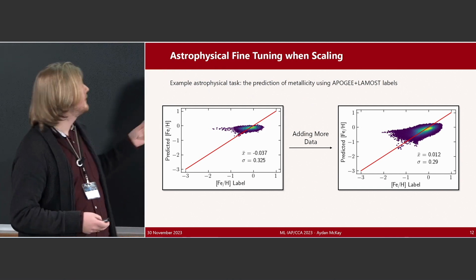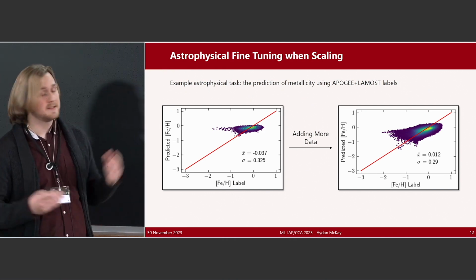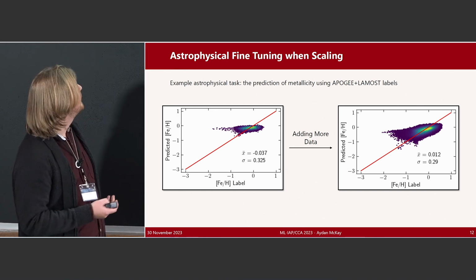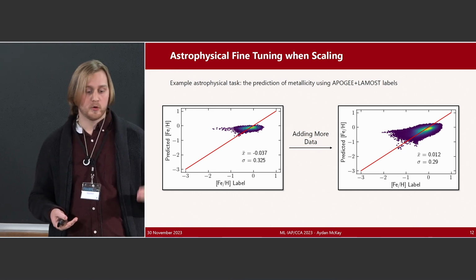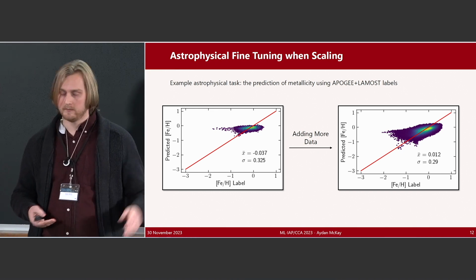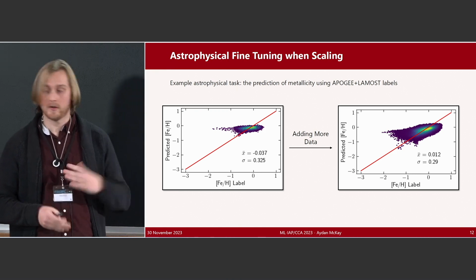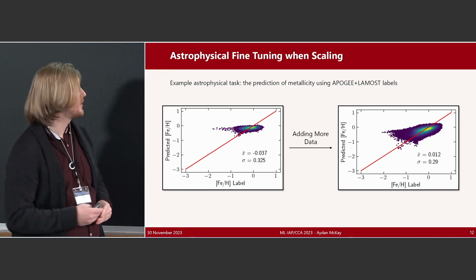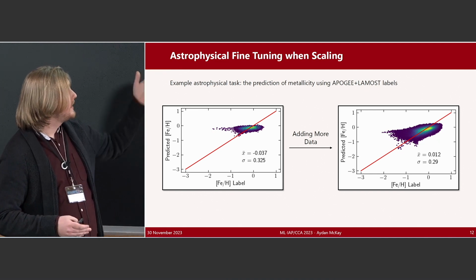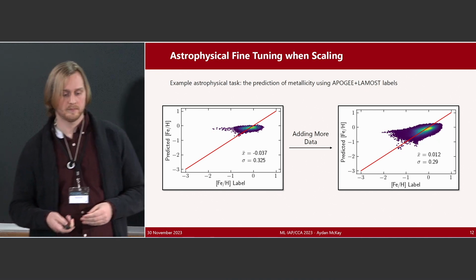And then here we just have a sample astrophysical task. It's not too pretty yet, I will admit, but training the autoencoder with just only more data, not informing it any more about the spectroscopic labels, not that it's informed of the spectroscopic labels to begin with, we are obtaining better fits to the data.